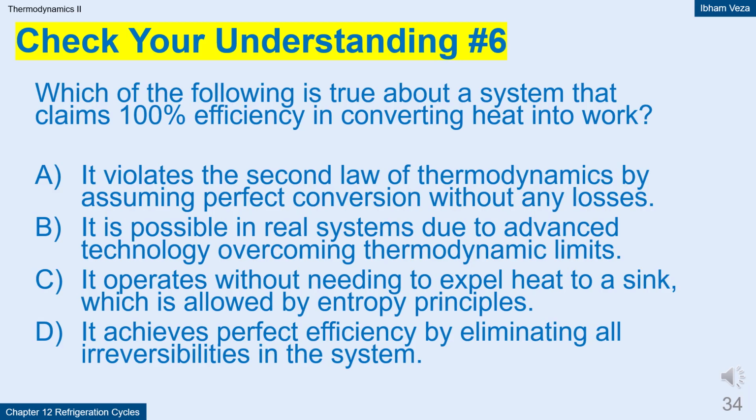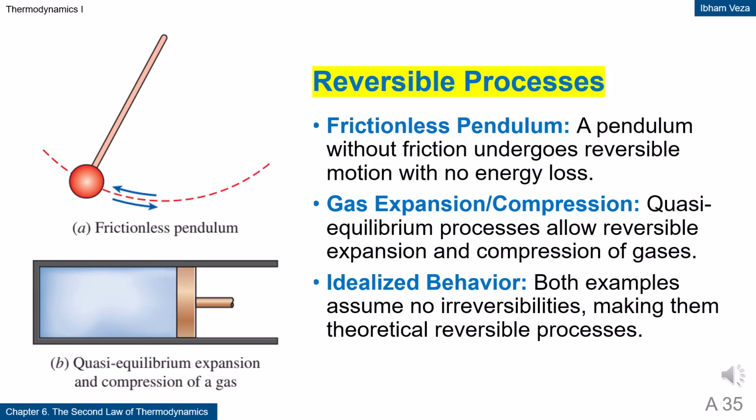D. It achieves perfect efficiency by eliminating all irreversibilities in the system. This is incorrect because it is impossible to eliminate all irreversibilities in a real system, and perfect efficiency cannot be achieved. Reversible processes. A reversible process is an ideal process that can be reversed without leaving any change in the